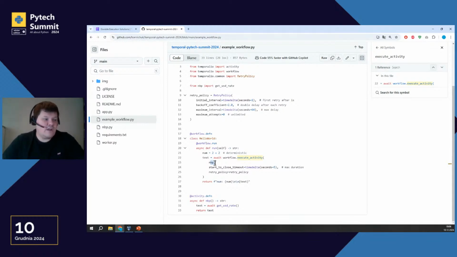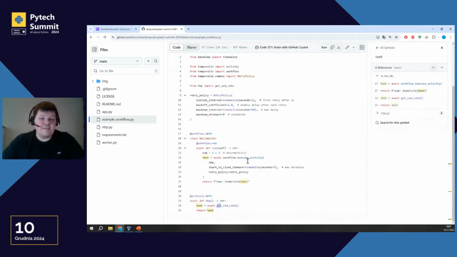That's why we need to wrap this code into an activity, to this one, and use get USD rate. And in case of fail, we will retry, and hopefully we will get the actual currency rate for the US dollar.